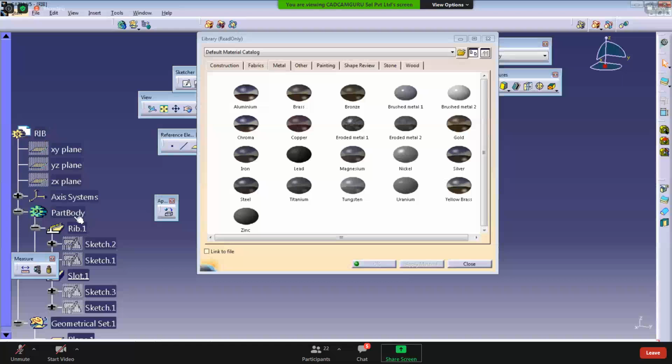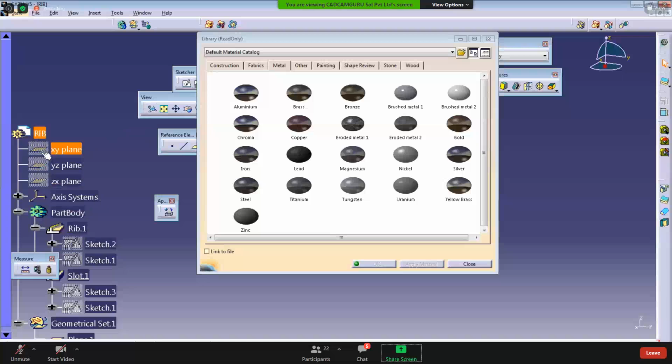If you apply material on the body, material will not be displayed during assembly drafting. So which one do you prefer? Part. We want to show the material in the bill of material during assembly drafting, so always remember to apply it on the part. Do not apply on the body.